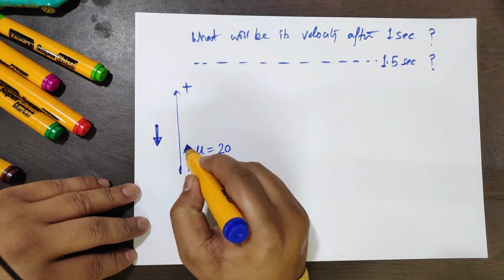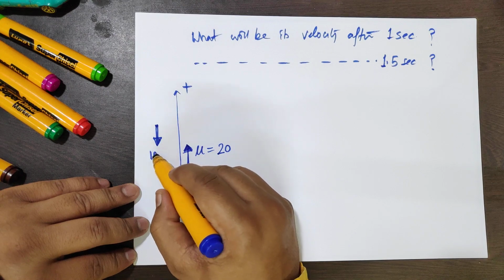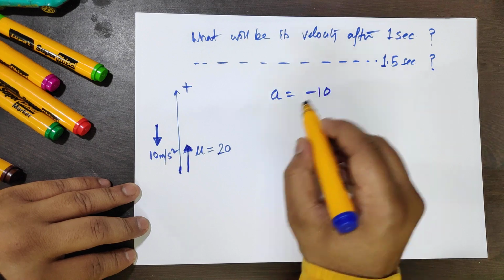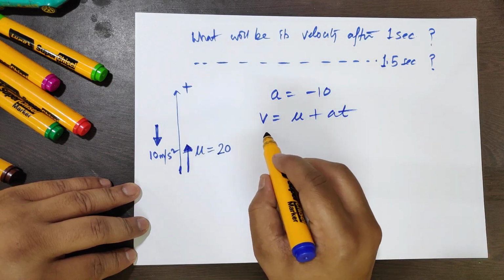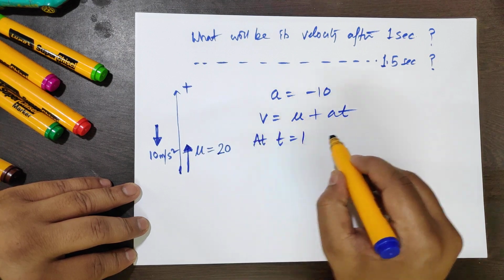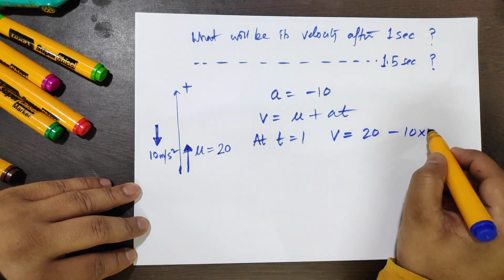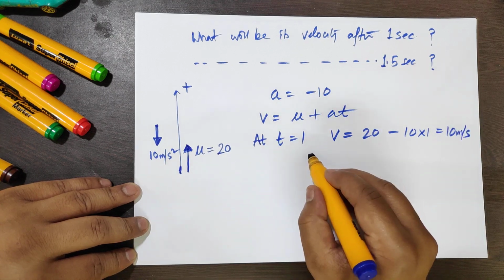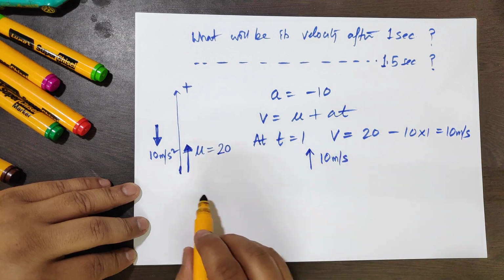Our chosen direction is upward and acceleration due to gravity is downward, 10 meter per second square. So a is -10. Okay, so we'll use v equal to u plus at. At t equal to 1, v equal to 20 minus 10 into 1, that's 10 meter per second. That is, at t equal to 1 it is still moving up at a velocity 10 meter per second,